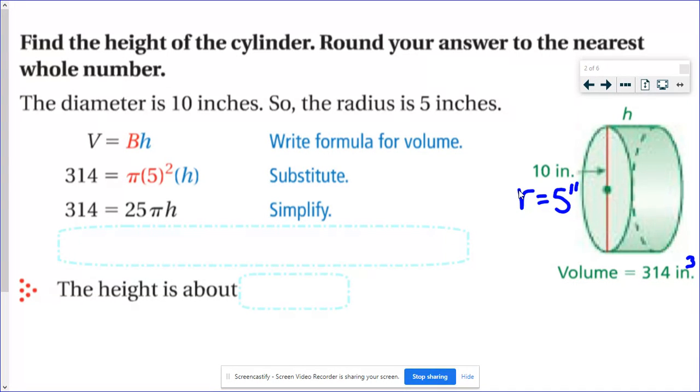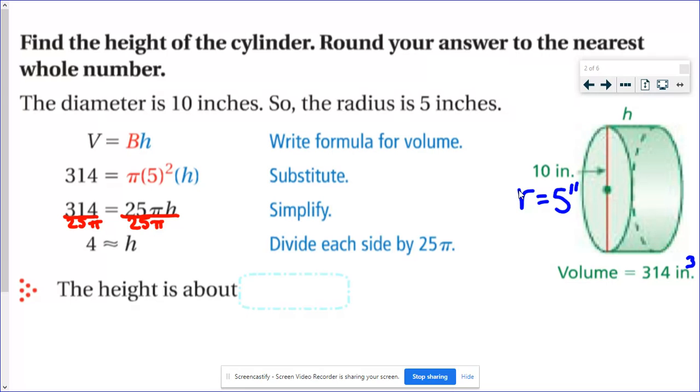So when you type this into your calculator, showing the work for this, I would still show, and I'm going to have to really write small, 25 pi underneath each of these, because we show our work when we solve equations. But you're going to do this in 2 separate division steps on your calculator. So please have your calculator handy right now. Do 314, divide by 25, hit equals, and then divide by pi. Okay, if you did that correctly,